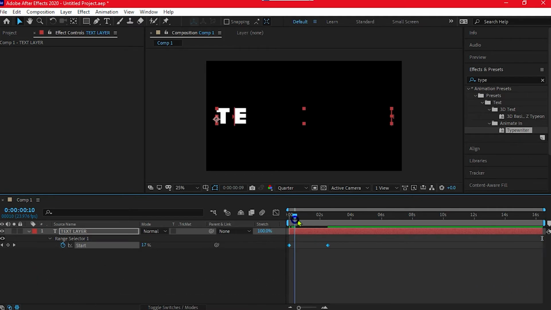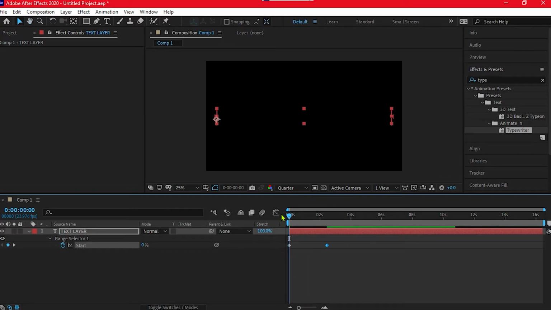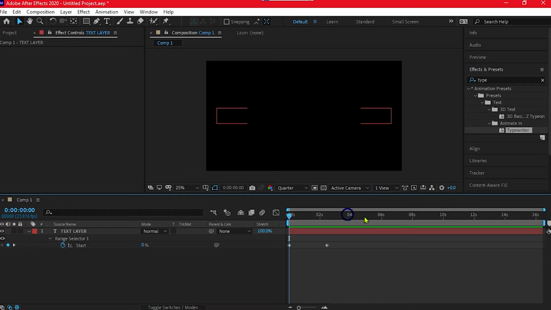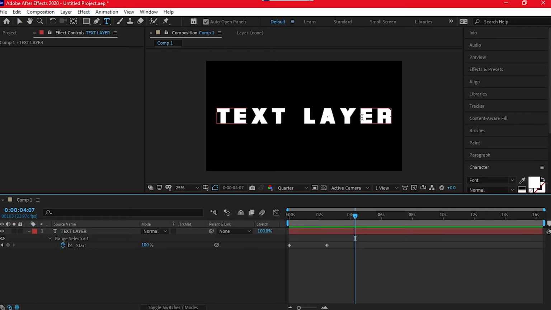Press U to make all the keyframes visible, and if you want to make the process a little longer, drag the last keyframe a little to the right side, and it will make it slower. If you close up the gap in between, it will speed it up.